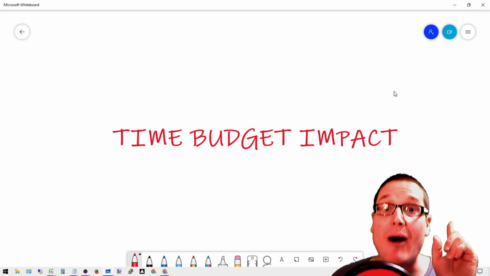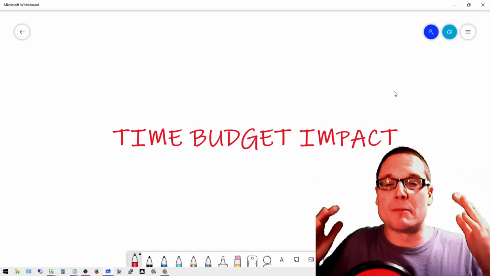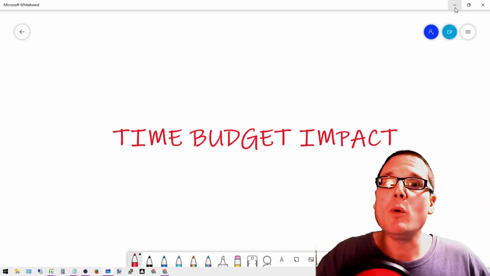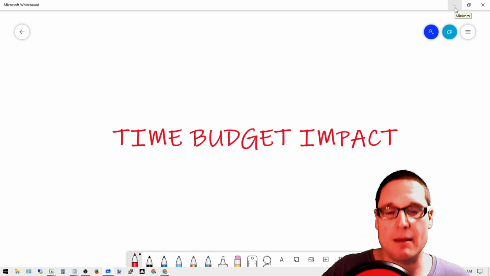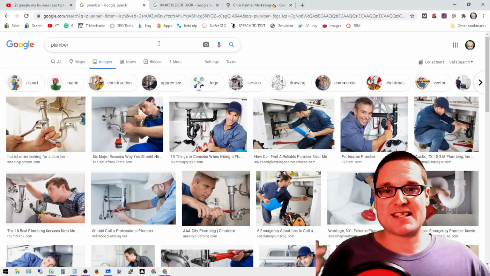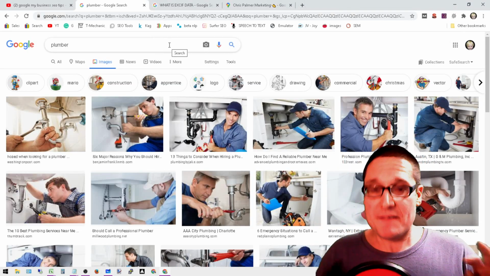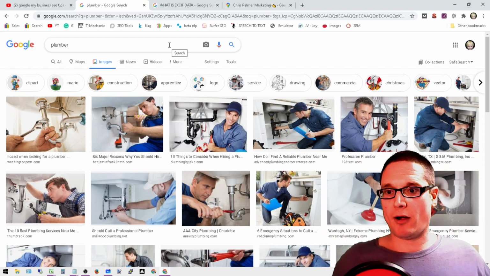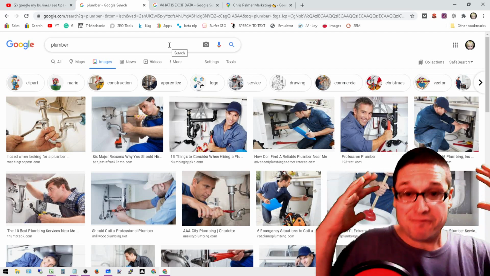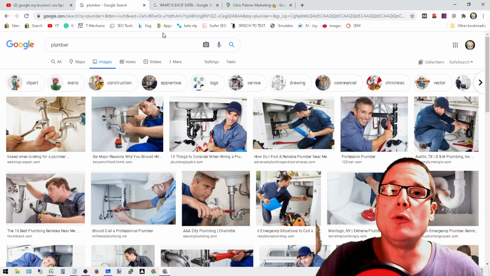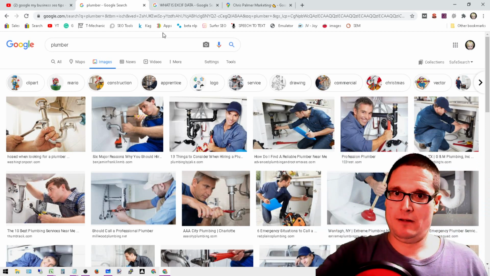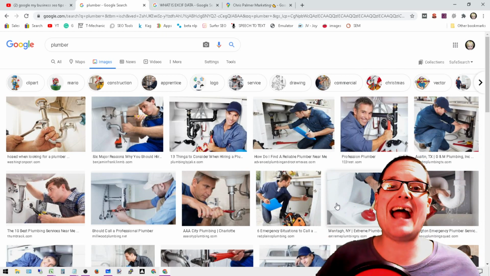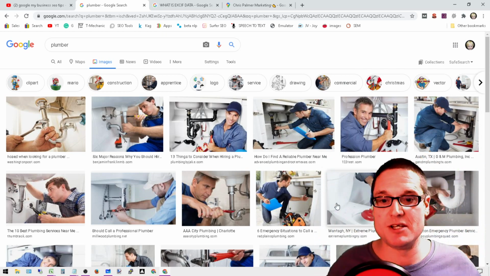Now, when we're talking about high impact, let's talk about some tips that will certainly help you as far as the impact. So what we know is Google is reading the images, and they do this with a very advanced technology. If you take a look here at this quick example for plumber, when I look up the word plumber, what is showing here? Wrenches and plumbers and guys fixing stuff like a plumber. So if you want a more high impact thing that you can do that's low budget, simply add images that relate to your brand, business, or service.